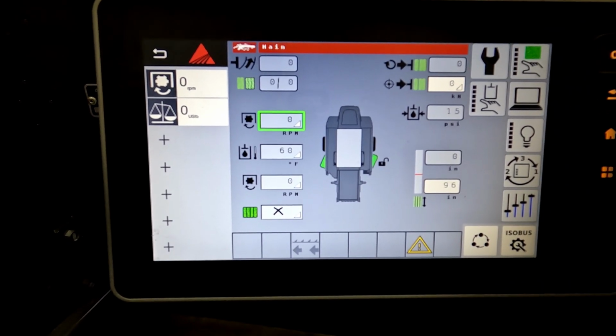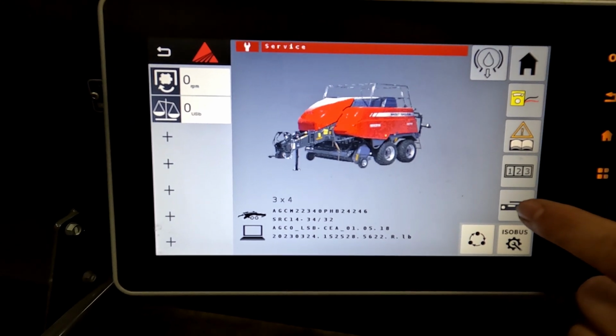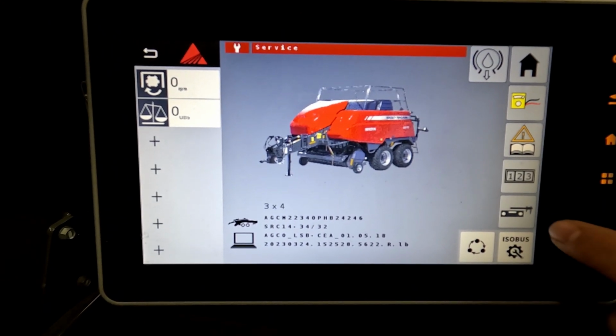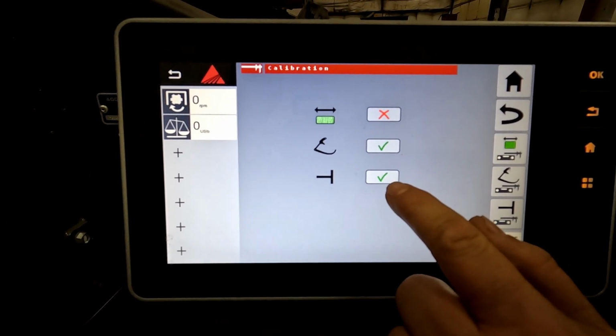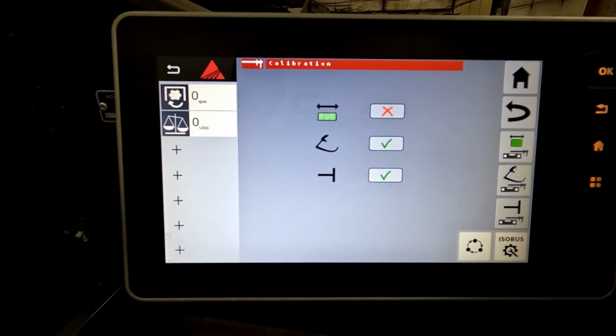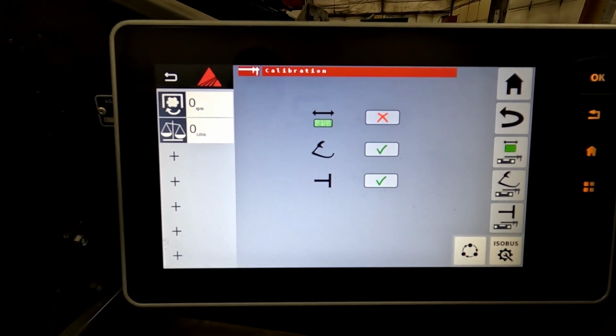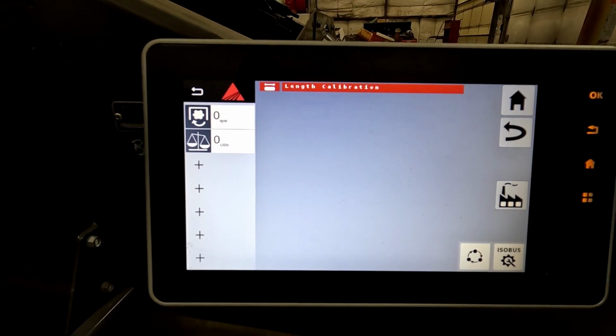The icon we're going to mostly focus on is our calibration, and it's this icon here. It's what you're going to want to press. So currently we have our plunger calibrated and our needles are calibrated in the home position. This one is an in the field calibration. So when you click on it,